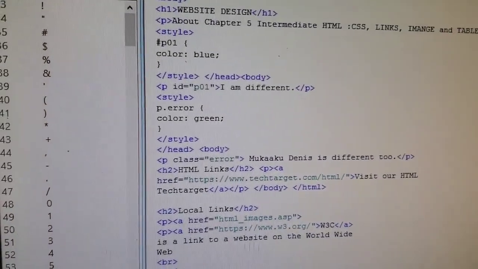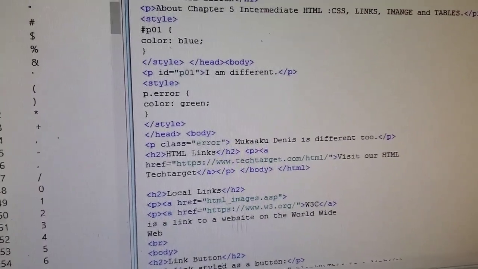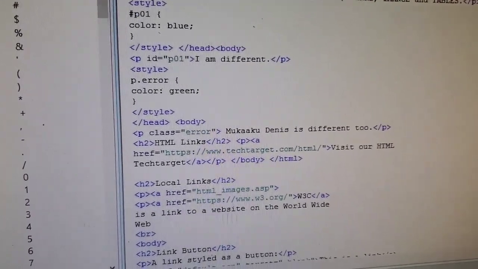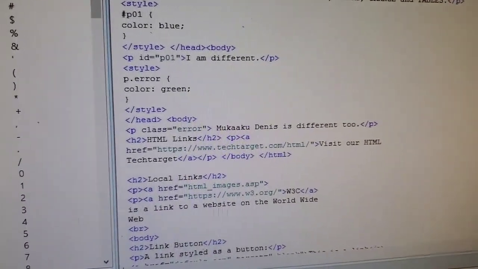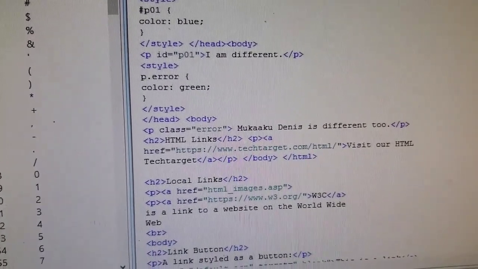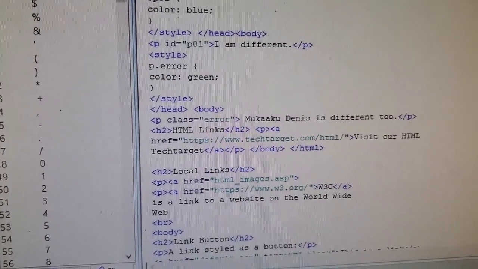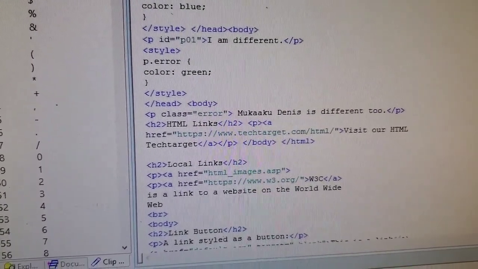Now we have the HTML links. HTML links are hyperlinks. You can click on a link and jump to another document. Then you have the HTML link syntax. These are links defined with the HTML